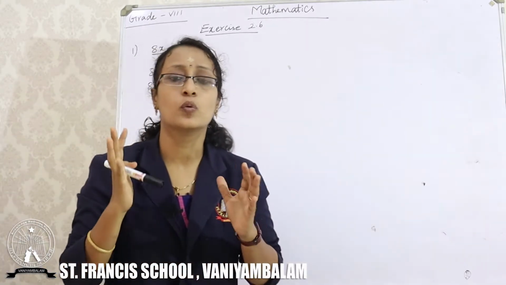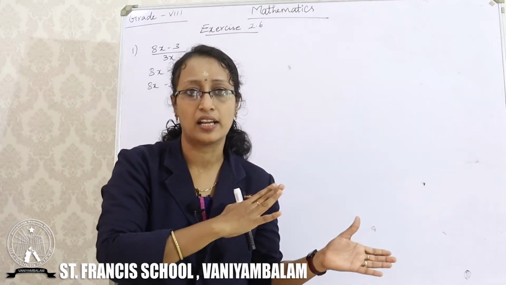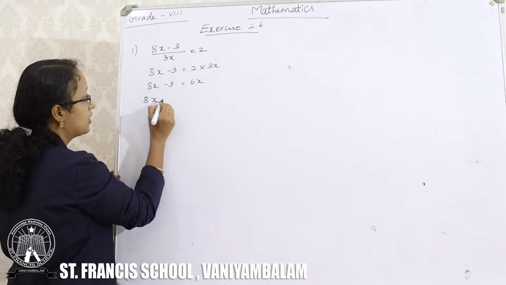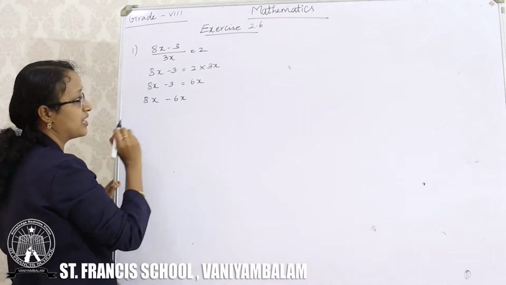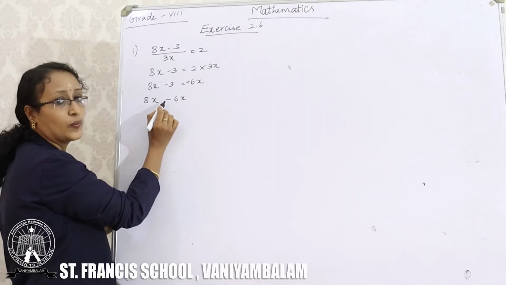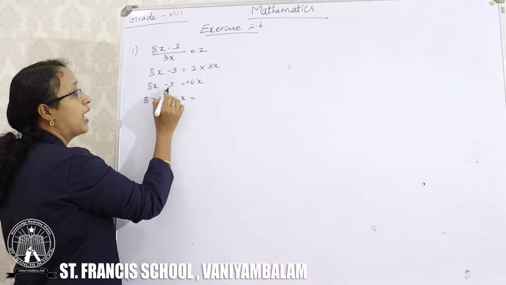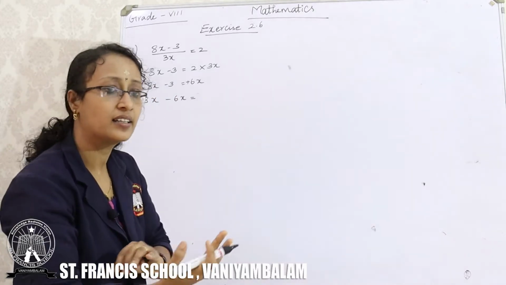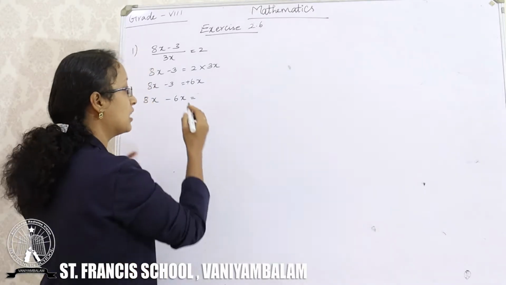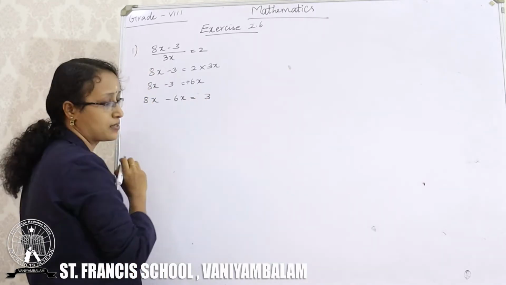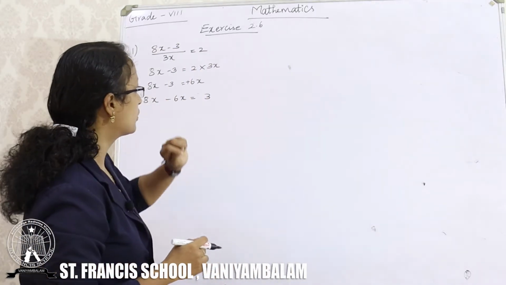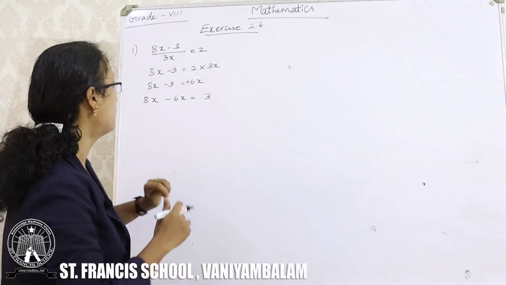Now, what will you do? You will take the variables on one side, to the left hand side, and the constant to the other side. So, I am going to take this variable to the left hand side. The symbol for 6x is plus. When it comes here to the left hand side, you will get minus 6x. I am going to take the constant to the right hand side. On the left hand side you have minus 3. Your constant is minus 3. When it goes to the right hand side, you will get plus 3. Plus means if there is no symbol, consider it as plus. So, minus 3 when it comes to the right hand side, plus 3.